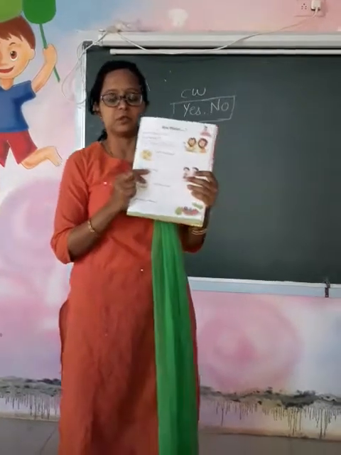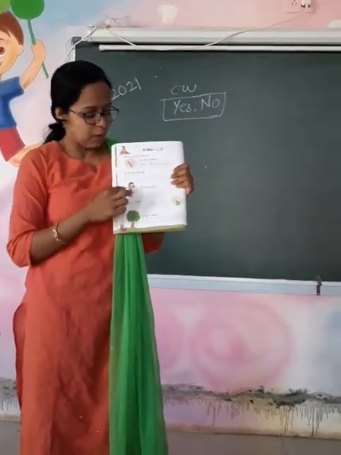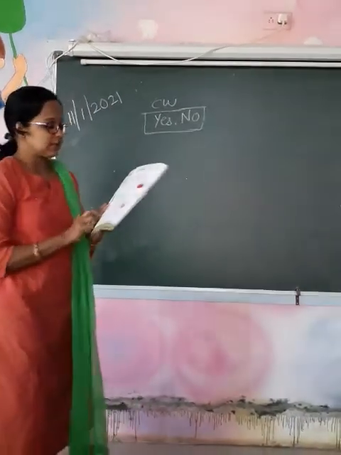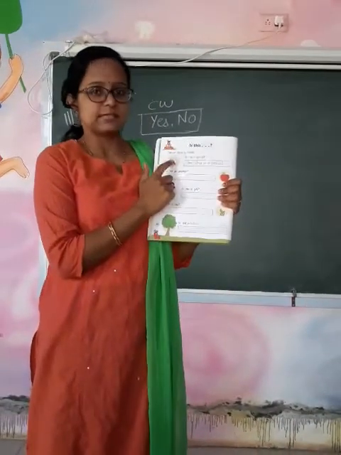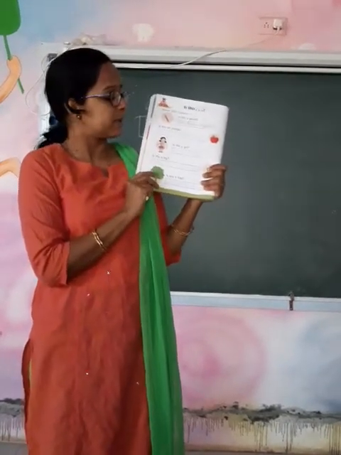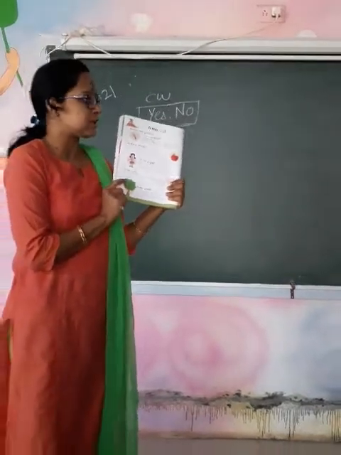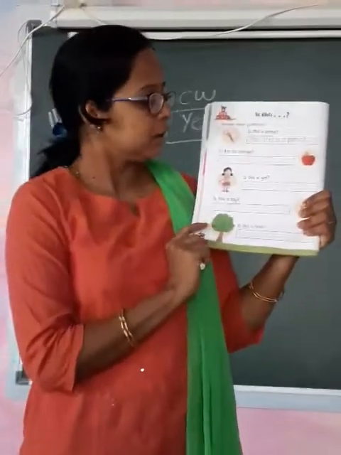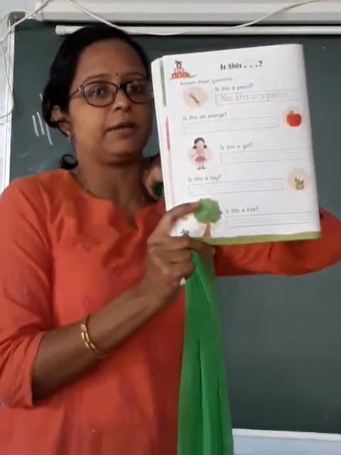Okay. This is used only when one picture is there, or one person, one thing. For example, in the first question, is this a pencil? Yes, this is a pencil. Please write the full sentence. In exam, nobody has written the full sentence. Only yes, no, yes, no. You are not a nursery kid to write yes and no. I require a full sentence. Tell your mama to teach you properly. See the videos and learn properly.